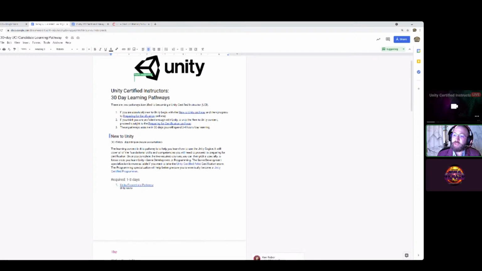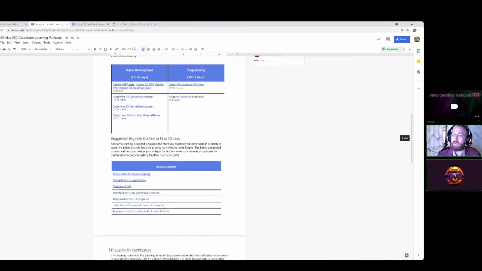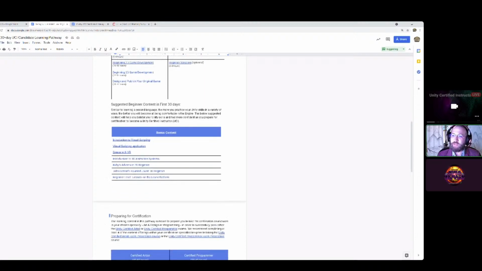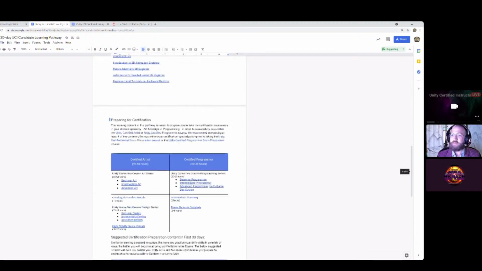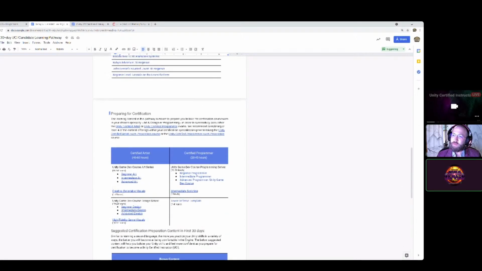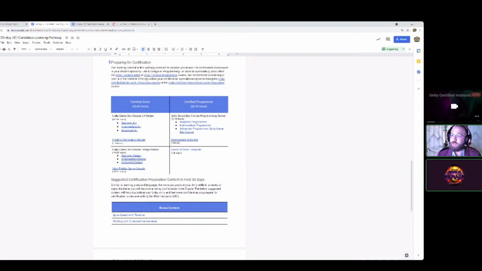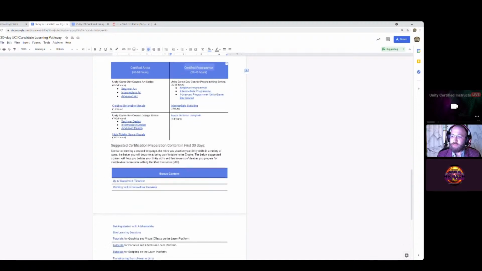It takes you from the very beginning of going through some Unity Learn tutorials, and about how long you would take to go through some of these and begin learning, and the different pathways. And they suggest some additional content. But this is where the meat of it comes in. To become either the certified professional artist or the certified professional programmer, they recommend going through these and then taking these certifications.